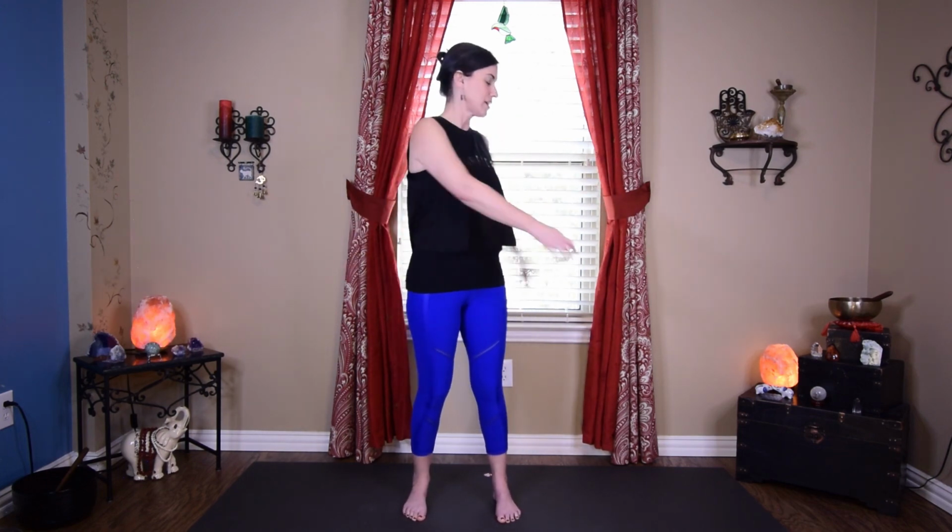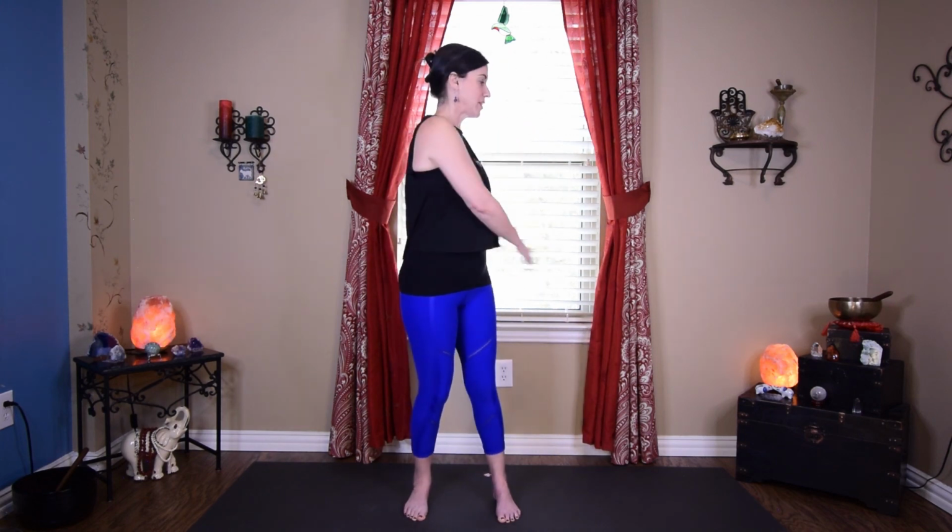Take our feet wide and stay here. We're just going to swing a little bit side to side. Little bent knees here. Letting all that energy just kind of dissipate. Body loosen up, open up. Release that tension. And coming back through center, staying nice and soft,